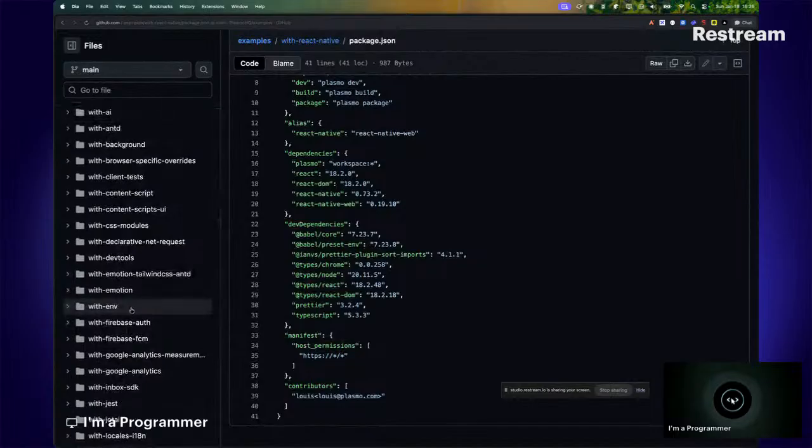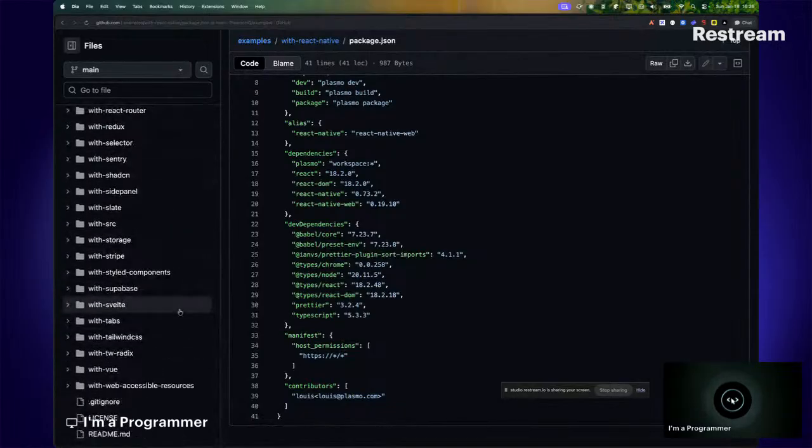So if there was one with Clerk, I probably would have preferred using that because I want us to use Clerk with some of the things we implement here. But there's no example with Clerk currently. So we are going to add that ourselves manually. So let's see, we've done about 20-something minutes into this. So this is just more like a pre-template and how it's supposed to work. So let's jump into this and